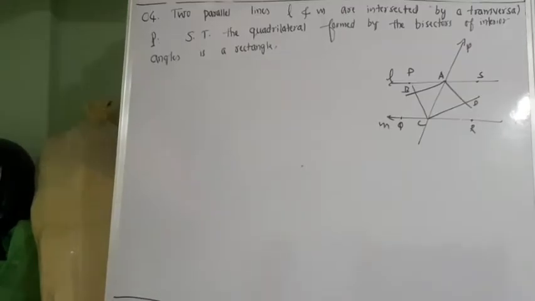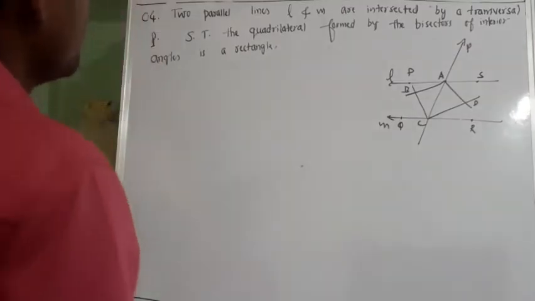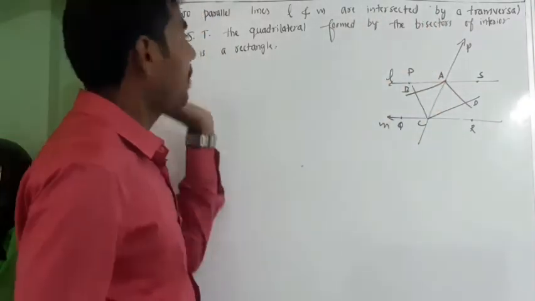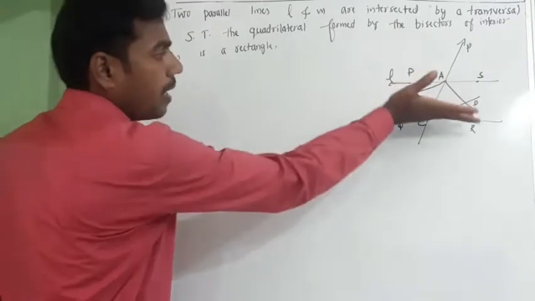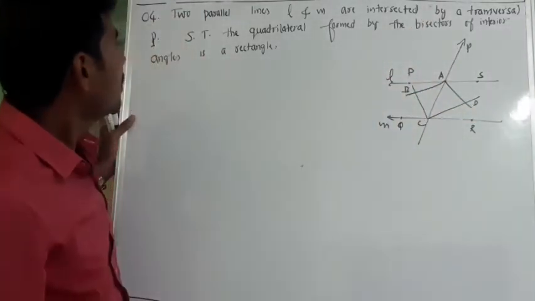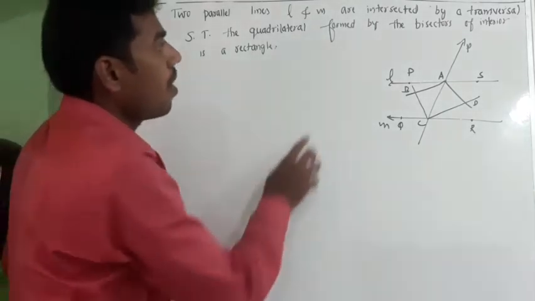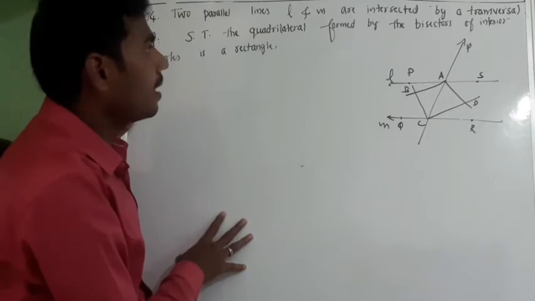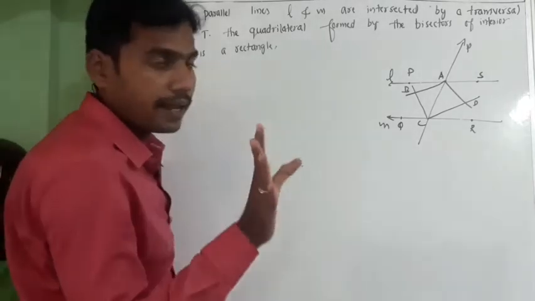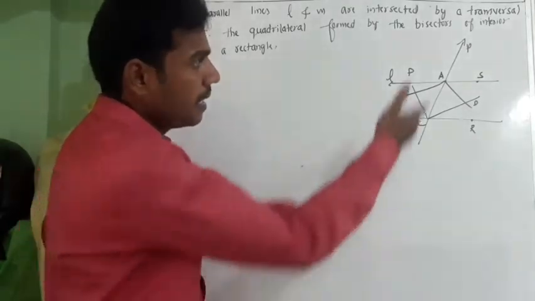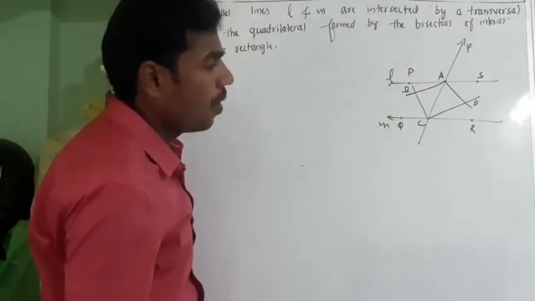Fourth question, fourth example. Two parallel lines L and M are intersected by a transversal P. Show that the quadrilateral formed by the bisectors of interior angles is a rectangle. What are interior angles? If L and M are the parallel lines and P is a transversal, what would be the